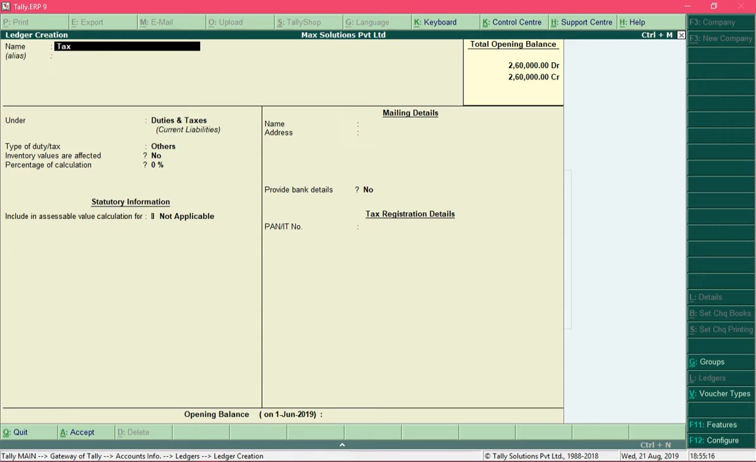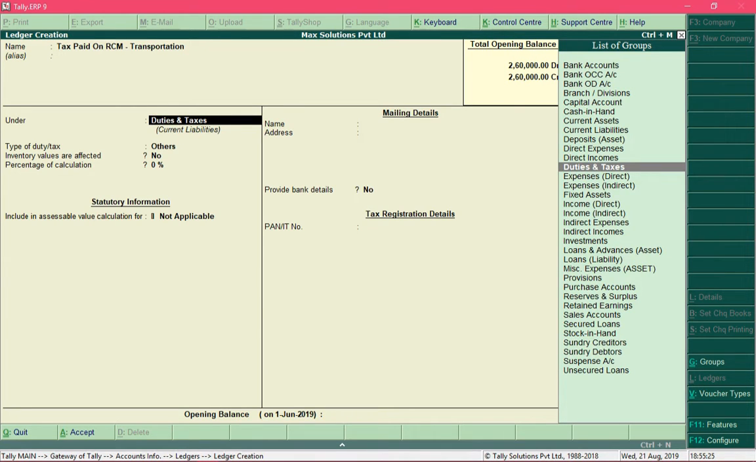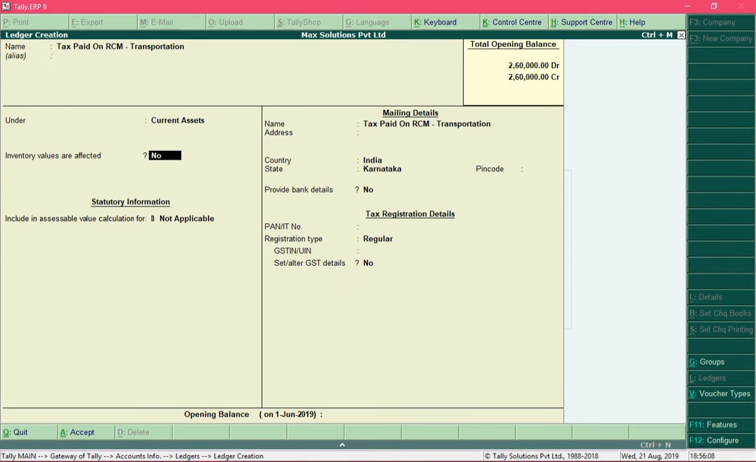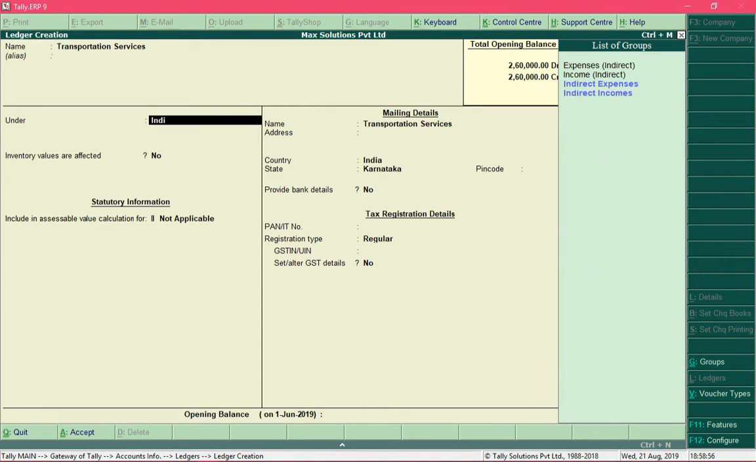And it will be grouped under current assets, and save the ledger. Now let's create a ledger to record transport expense, and I will name it as transportation services, grouped under indirect expenses,